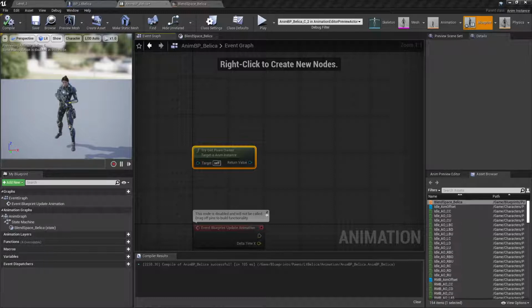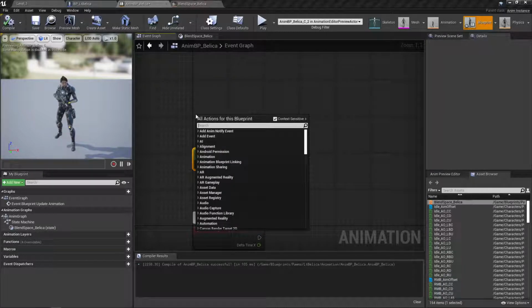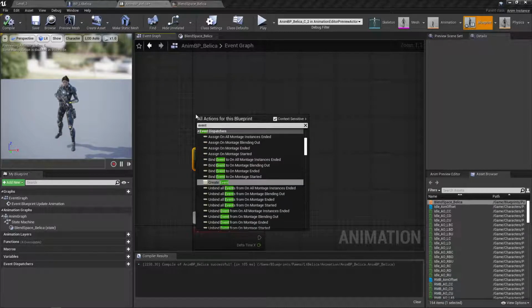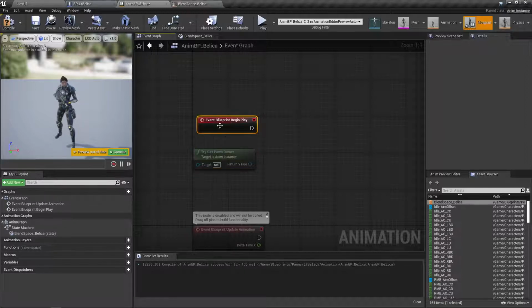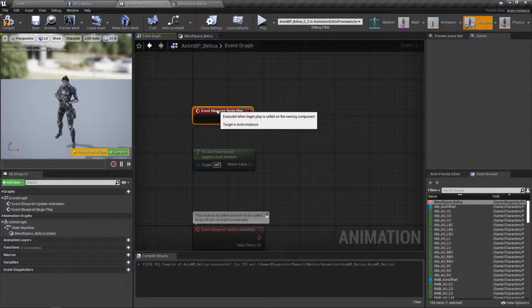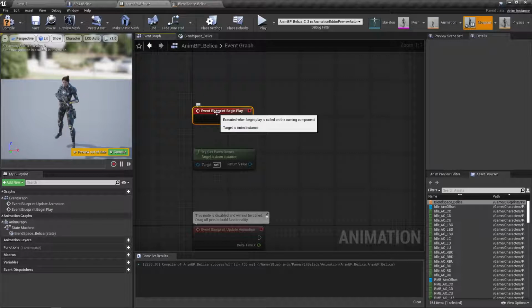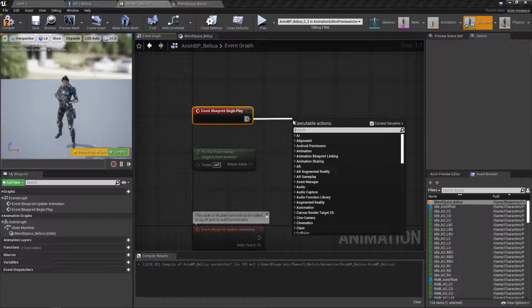All right, so let's go ahead and get this set up. The first thing we want to do is right click here and go event and blueprint. Try to type that correctly. Event blueprint begin play. Right here at the very top we want this event, okay? And what we're going to do is cast this to our character. So I'm going to pull out from here and type in cast to,